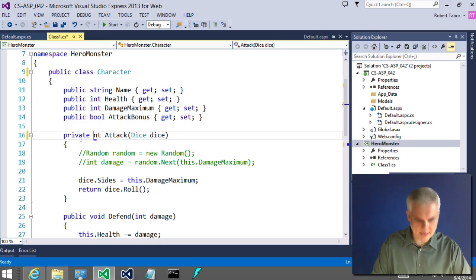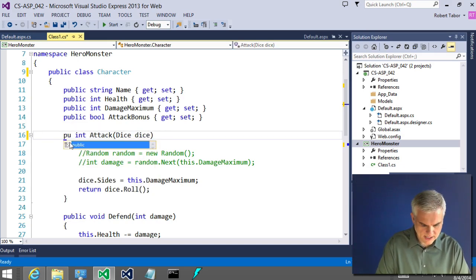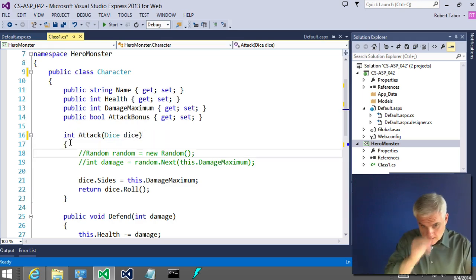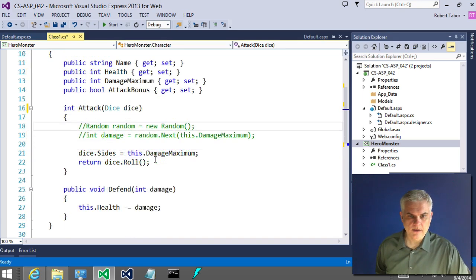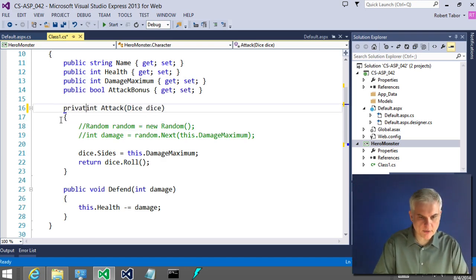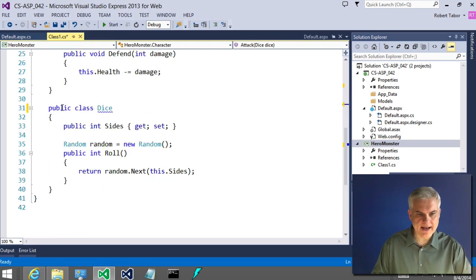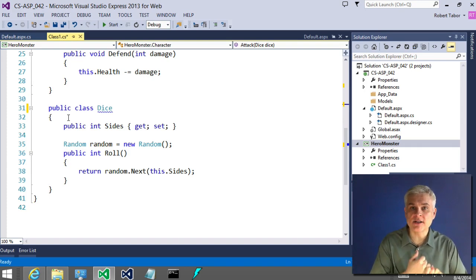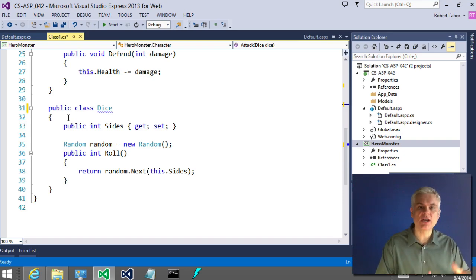Here again, let's move all these things back to their original. By the way, I don't know if I said this or not, but by default, if we have a method defined like so, that is a private method. So by default, methods are private unless you change their access modifier to public. Okay. So again, to reiterate, classes are internal by default, meaning that they can only be accessed by other classes inside of the same assembly. And members like methods and properties and such are private by default, which means they can only be accessed inside of the same class, all right? Unless you change the accessibility modifier explicitly by adding public or private or whatever keyword that you want to use,